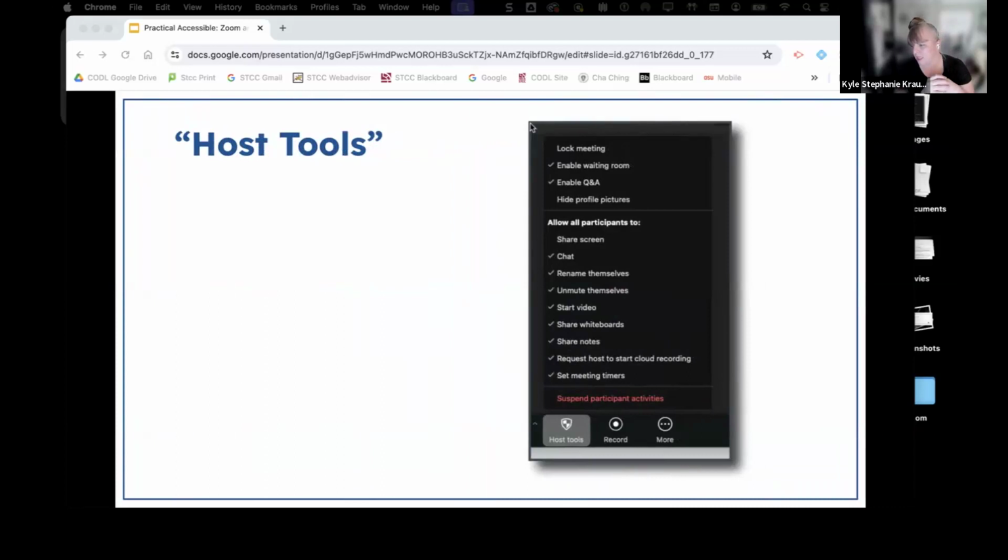And this is how you can make adjustments to participants in the session. So if you want to shut things off or turn things off, you can go ahead and do that here. Before, this information was in 3 different places. They merged it into one pull up, and I call it a pull up because it doesn't pull down. Just be aware that the host tools are available if you are the host of a meeting. If you're not a host, you won't see that